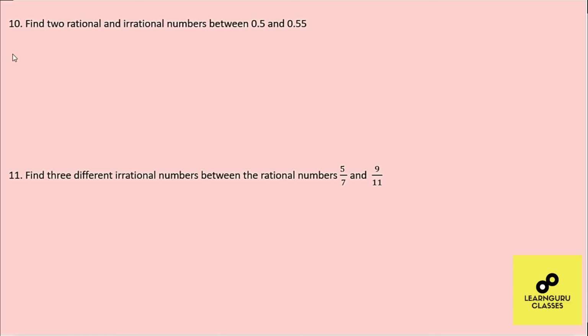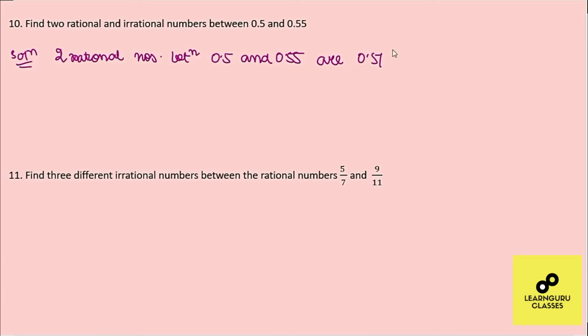So two rational numbers between 0.5 and 0.55 are 0.51, which is a rational number because it's a terminating decimal expansion, and 0.52 is also a rational number. So two irrational numbers